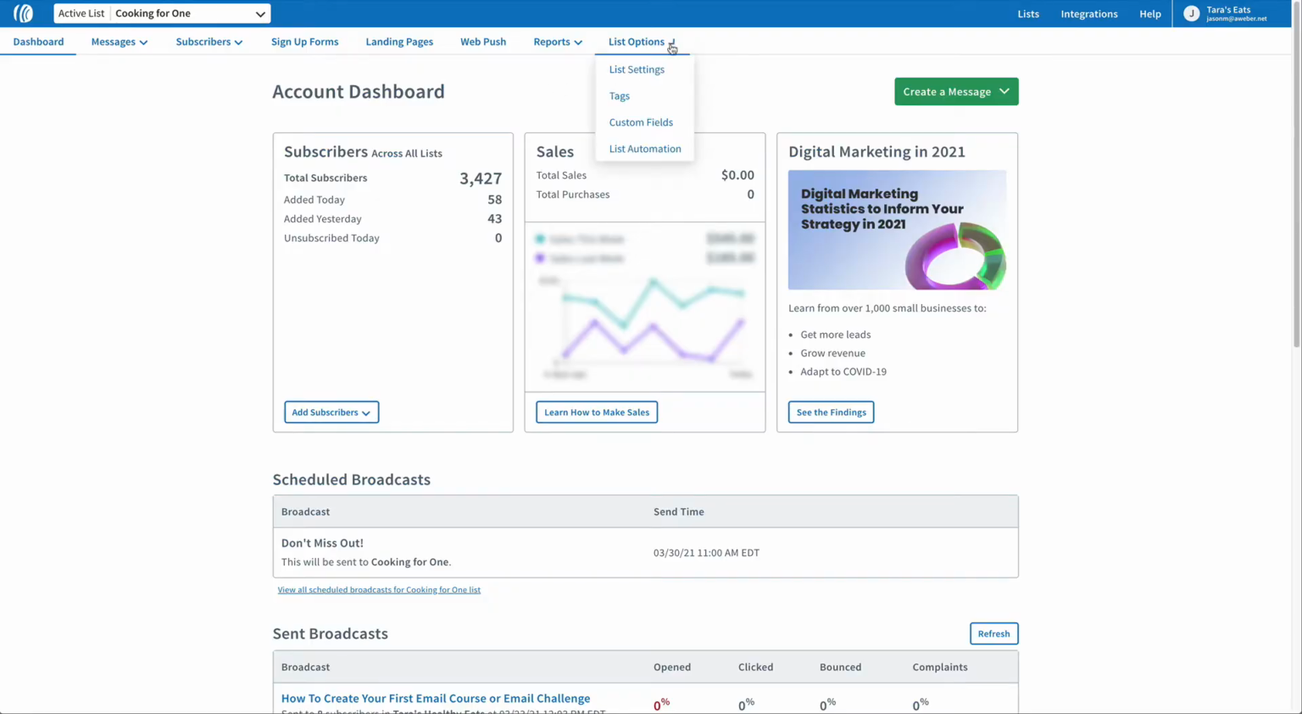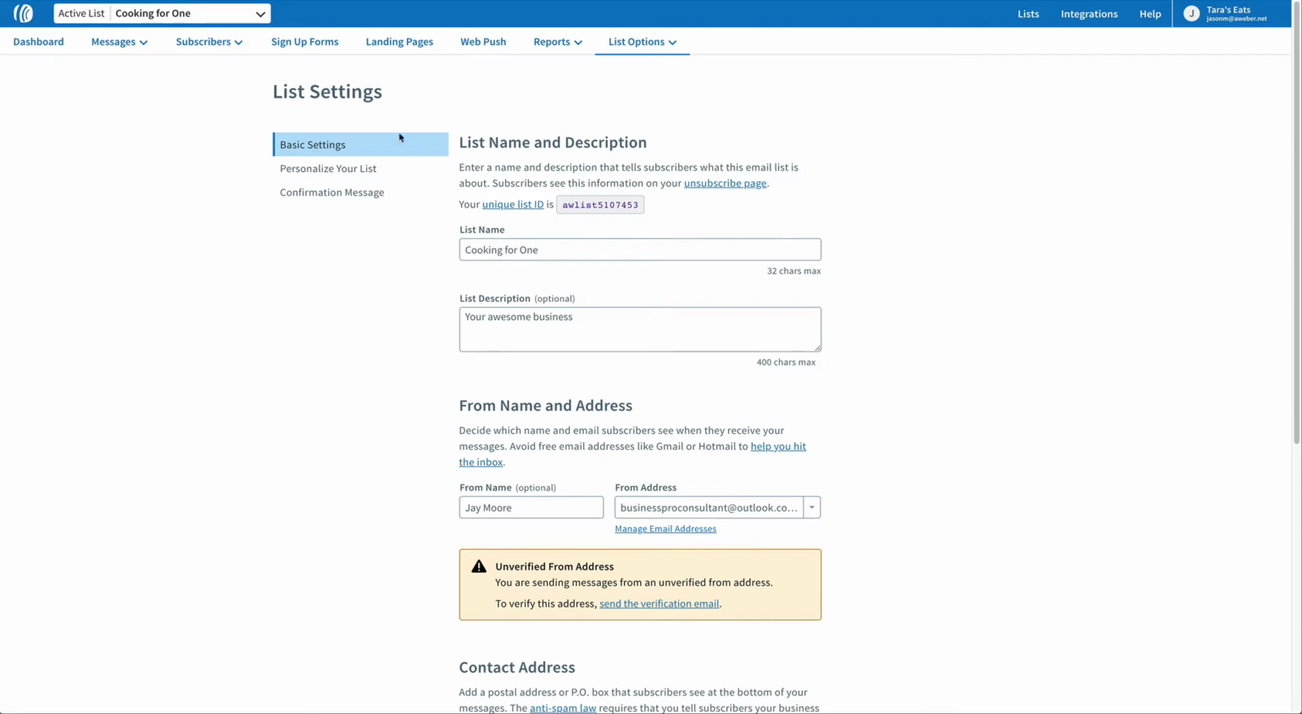Confirmed opt-in is when somebody signs up to your list and they get an email called a confirmation email. This email contains a link that they need to click in order to get any further emails from you. So you can edit that confirmation email in your account under List Options, clicking List Settings, and then choosing Confirmation